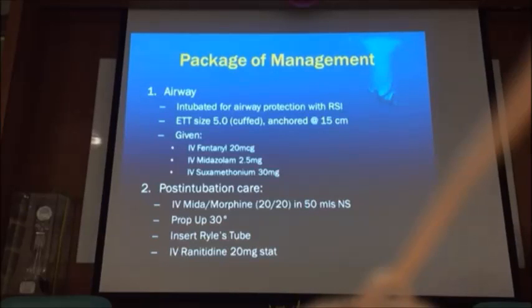Another one is this: you put that ETT size 5 cuffed. Put the word cuffed there, first. Why do I ask about the cuff? Why did I bring this issue up? Now this 6-year-old, you choose to give an ETT size and then you put a cuff. Is there an issue?